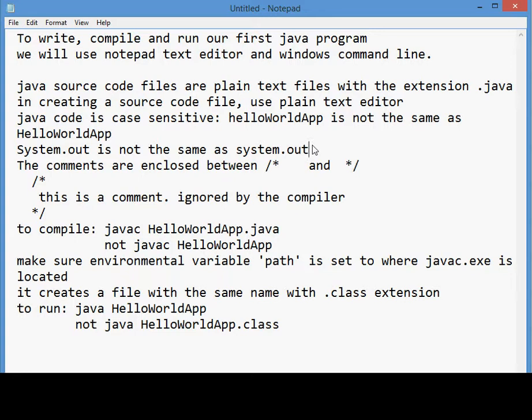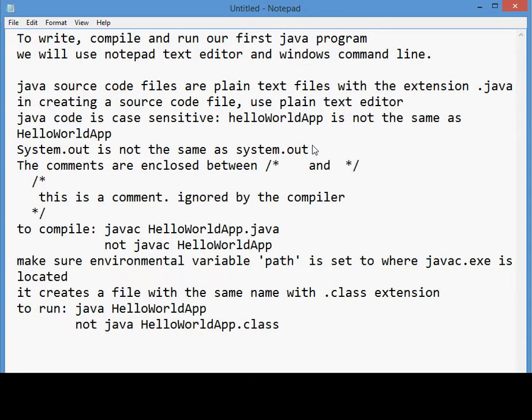Or System.out with a capital S is not the same thing as system.out with a small s. System is a built-in class in Java, but not system with a small s.